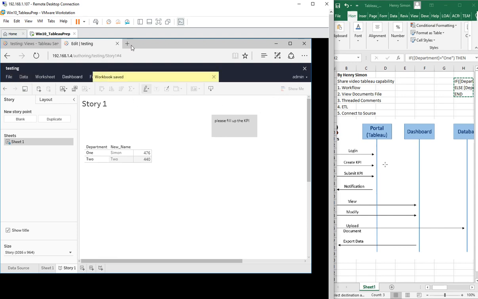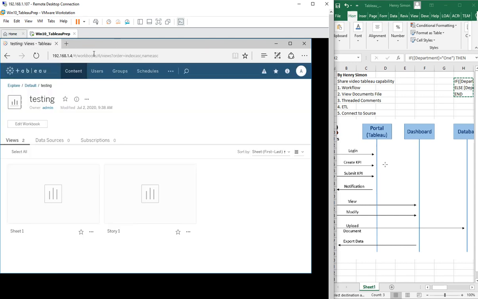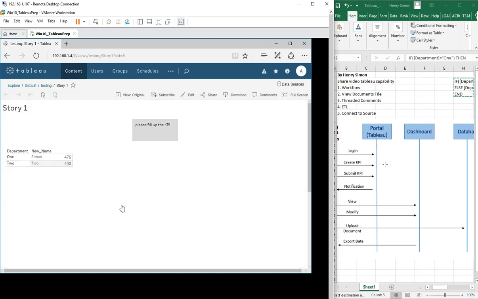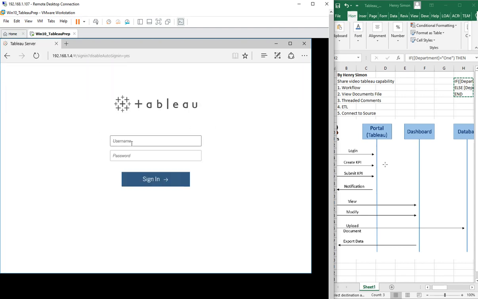Okay, and then I can close, and then I can view the story again. Oh, sorry. I think I mistakenly used an admin account. Let me sign out again. I sign in as Simon.